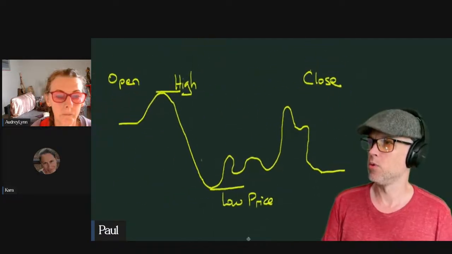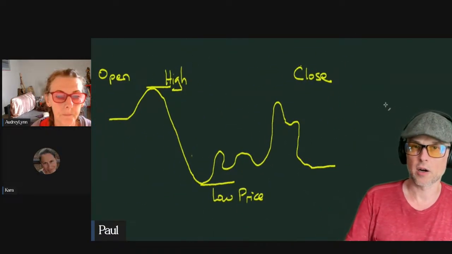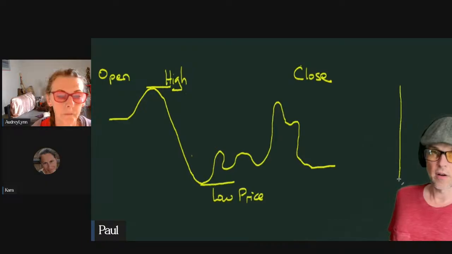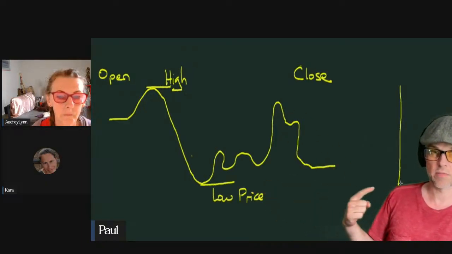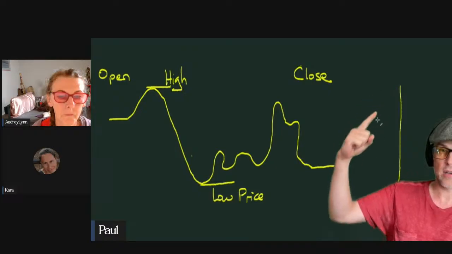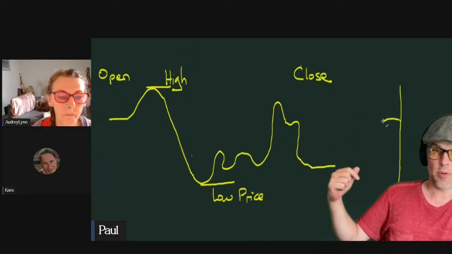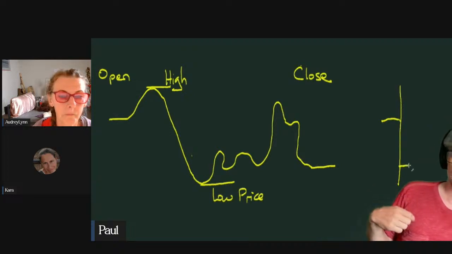We're going to move it over to here. So there's the open, close, and all that stuff. We're going to start the bar here, and we have the high and the low, and that is the extent of the bar. It goes from the highest price down to the lowest price, right there. And then they make a little mark right here for the open price, and then they make another mark down here for the close price.